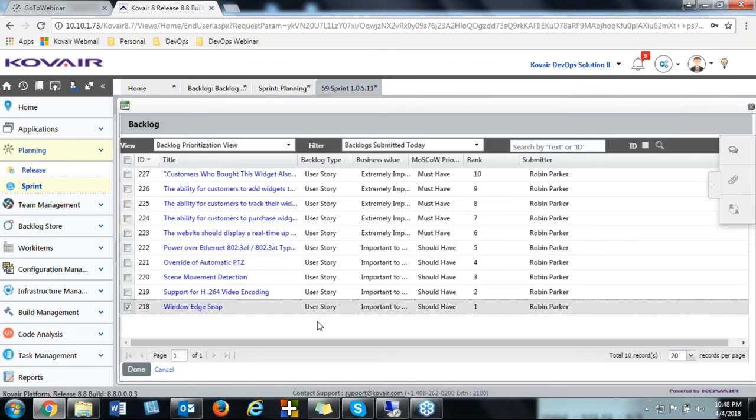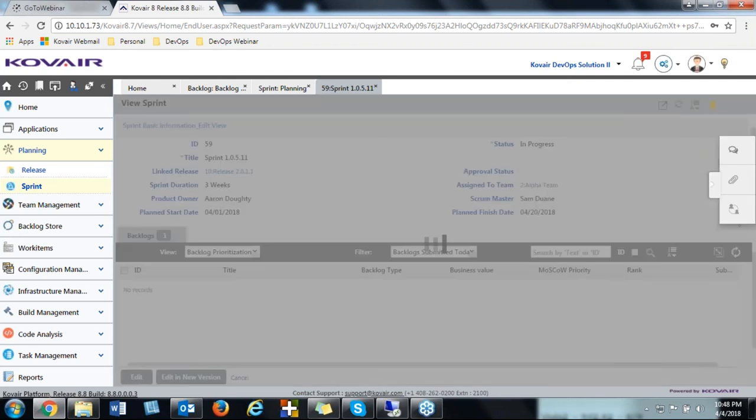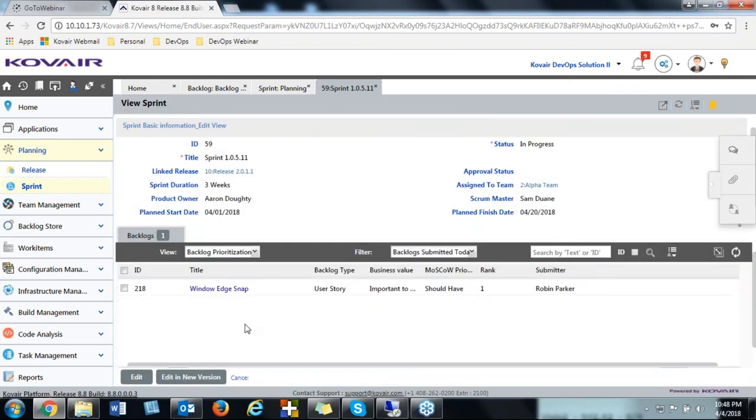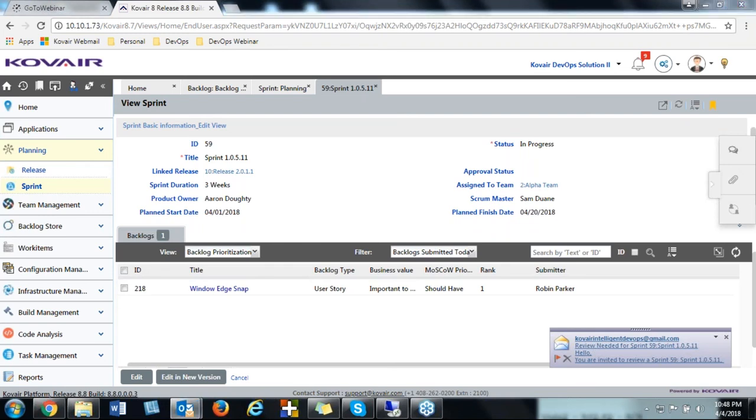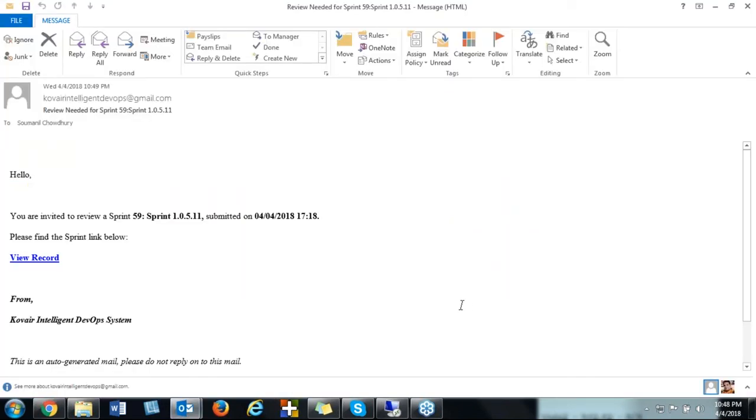So let's say I link this particular backlog, a user story that we'll be working on in this particular sprint. So once done, this linking association of the backlog to the sprint triggers a workflow that takes care of a set of actions to be defined. So here you can see that automatically an email is being sent to the approver saying that the backlog has been associated to a sprint and you just go ahead and approve it.